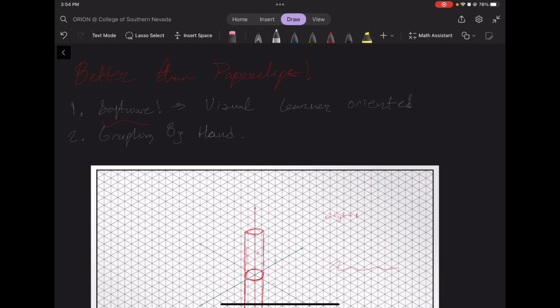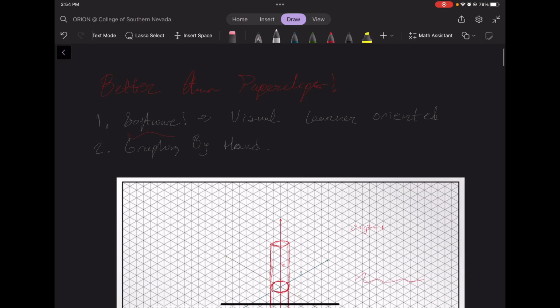So I picked 3 basic ways to do it, from easiest to most difficult and most time consuming. So number 1 is software. Software is the easiest thing, I think, because everybody has a smartphone or an iPhone or a tablet in their pocket. So they can go search up the website or whatever, and they can type in all the formulas that they want in the specific order, and they'll get the exact graph of what it's supposed to be in